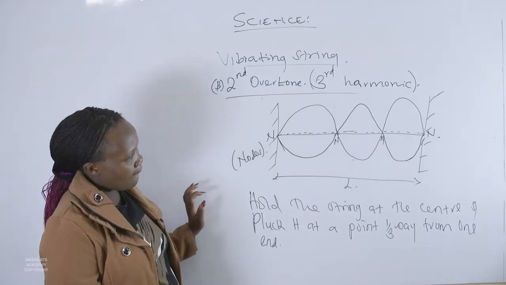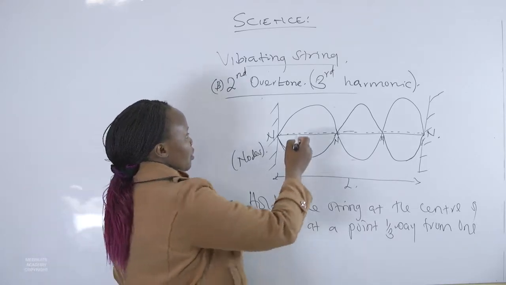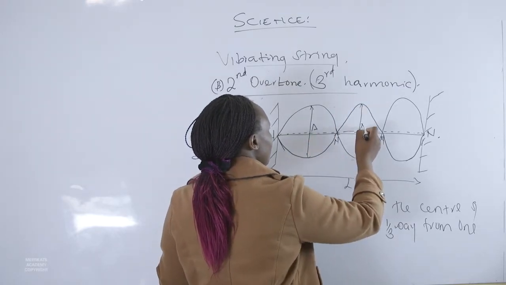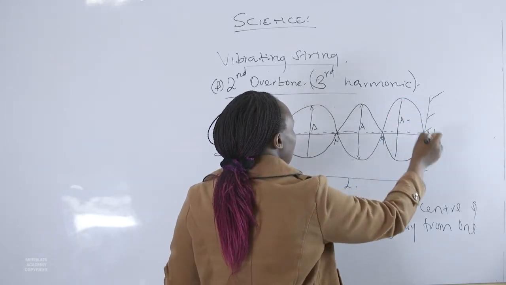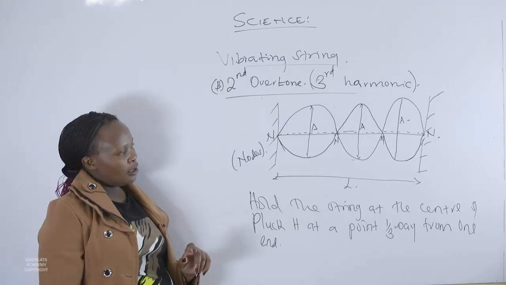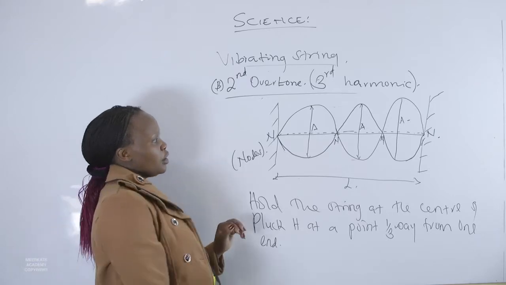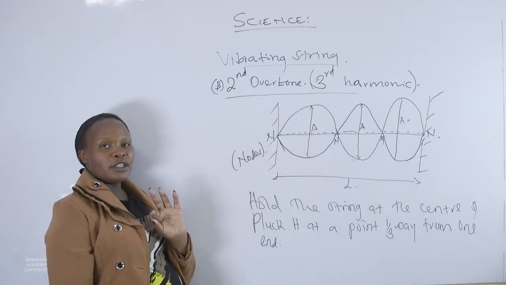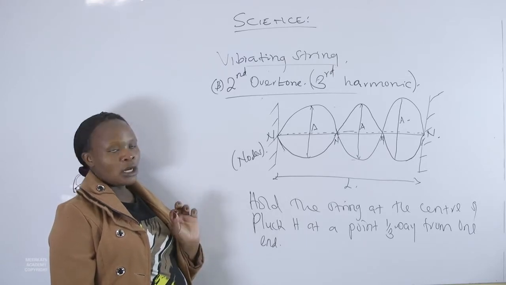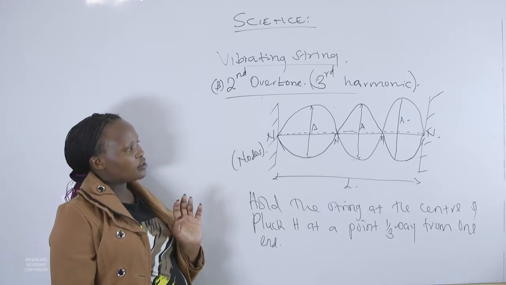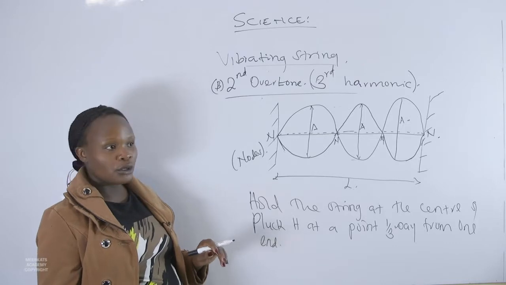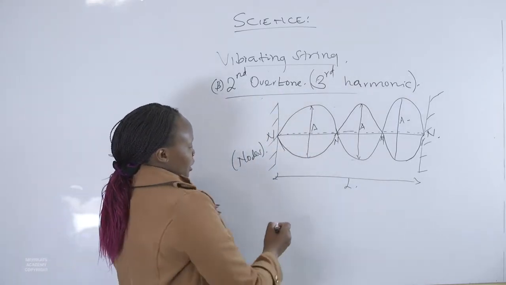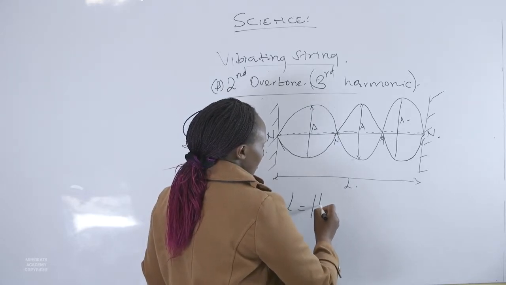Now, we said that we will always also have the antinodes. We will have them like that. Now, clearly, you have a full wavelength and a half. A full wavelength for a transverse wave comprises a crest and a trough, and we have 2 crests and 1 trough. Therefore, we only have 1.5 wavelengths. Therefore, L in this case will be equal to 1.5